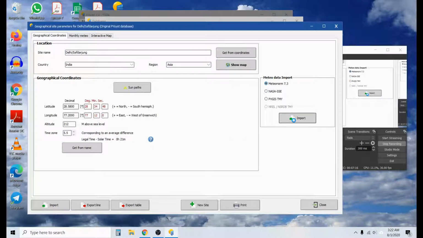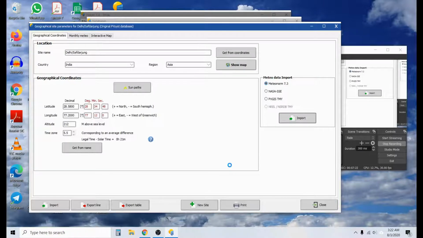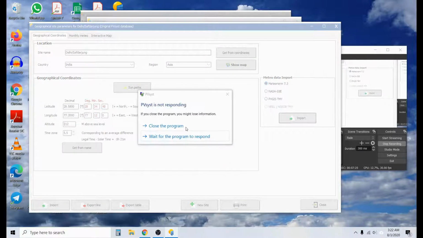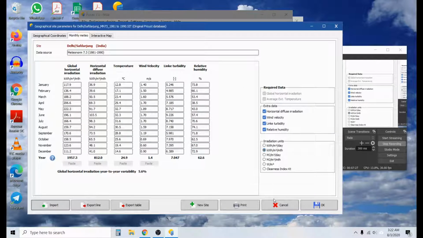See, we clicked on import. So this New Delhi site is, they are importing the New Delhi Safdarjung site. Okay. Now let's see the